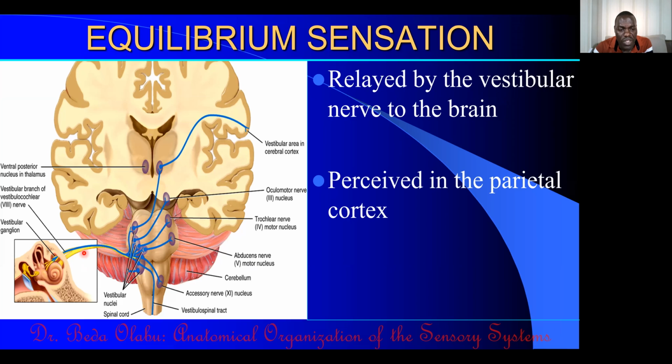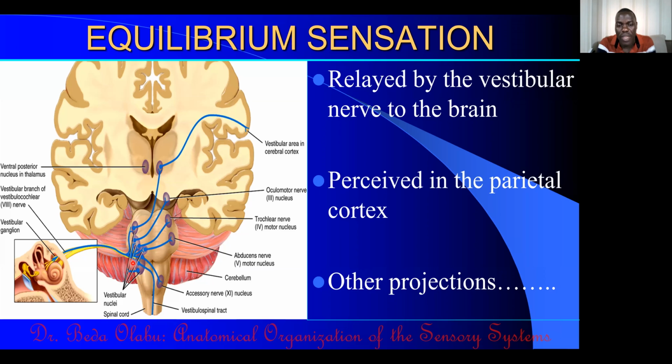So vestibular function goes to many parts of the brain, very many parts of the brain. But the one that is for perception will be directed to the vestibular area, which is within the parietal cortex. But there are many other projections for vestibular function. Now, the point here is that information regarding head position